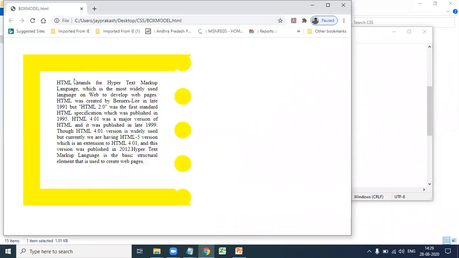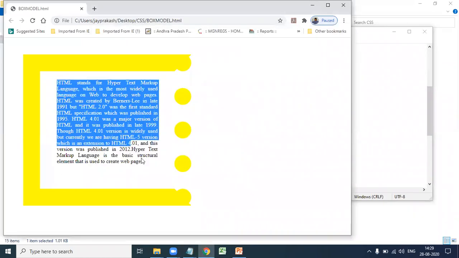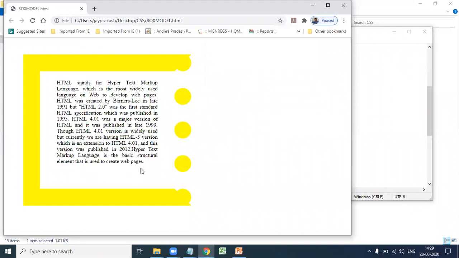See the first one here, this one is the content. We specify the width and height of the content, and alignment is justify alignment. Next, this space, the area around the content, is padding.